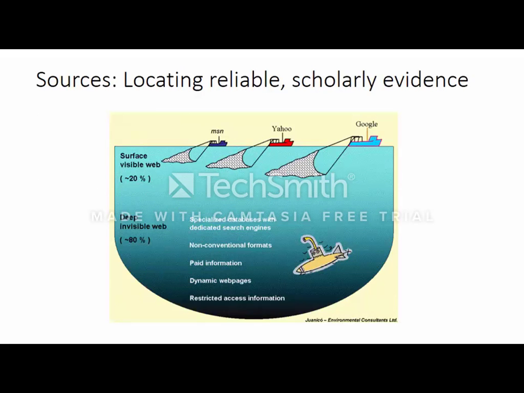And this is just an infographic about sources and the differences between the sources that anyone can find on search engines like Google and Yahoo, and then the reliable scholarly evidence, which is in this category called the deep invisible web. And these are the articles that have restricted access. Usually the information would require a paid subscription. They are not trying to sell the consumer anything. So if you're going on a database, you don't see ads for